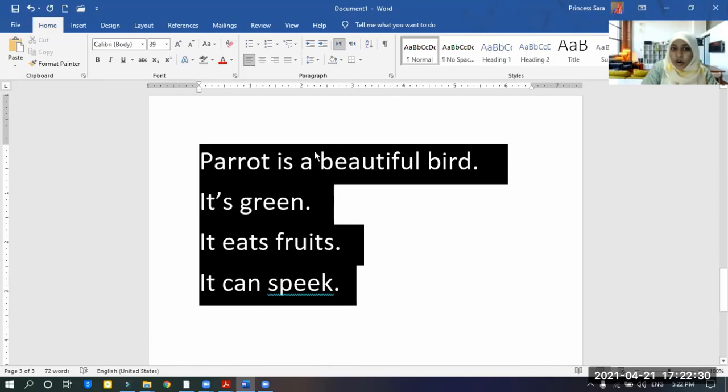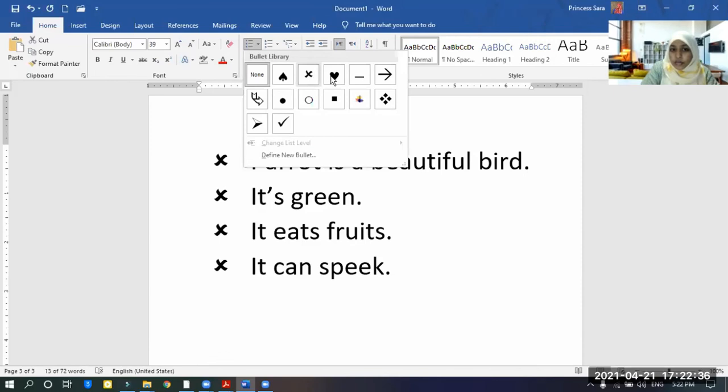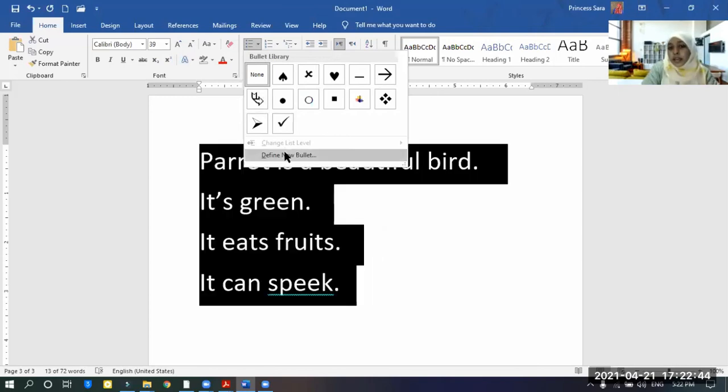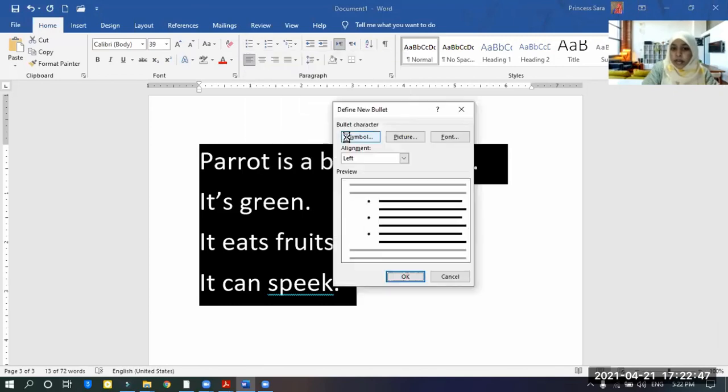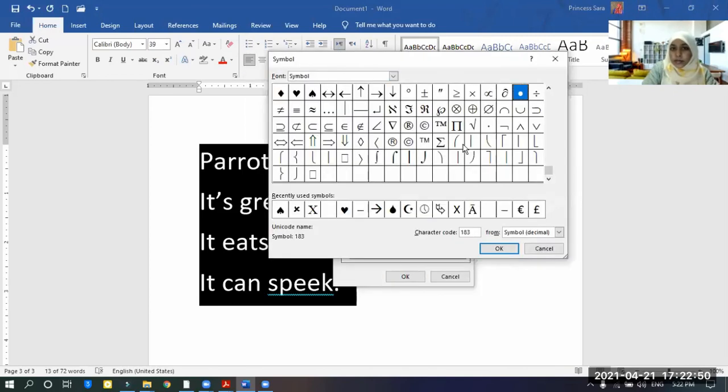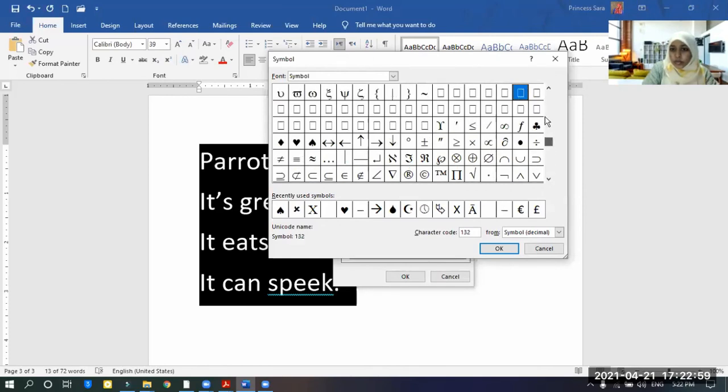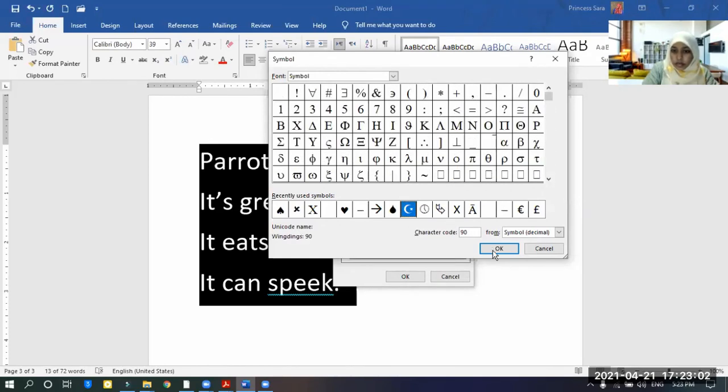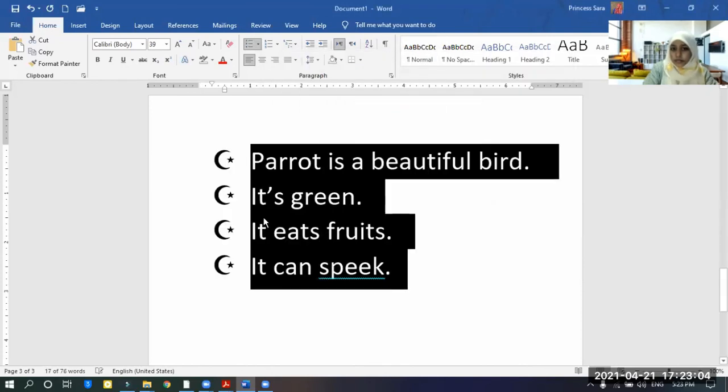Select the text you want. Go to bullets. There is a small arrow. Click on that arrow. There are a lot of shapes here, right? See, you can use whatever shape you want. Also, you can take more shapes from here, Symbol, and these are the shapes. See, there are many shapes here. You can use whatever shape you want. Right? See? Bullets. Now understood what are bullets. Next one.